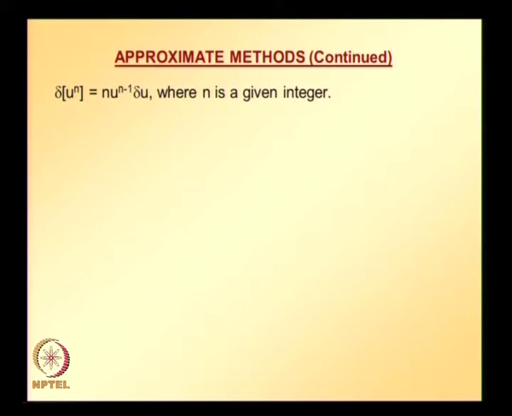And some more identities: the variation of u power n is n times u power n minus 1 times the variation of u, where n is an integer. The variation of u plus v is the variation of u plus the variation of v. And for the variation of x times u, x is not a function of any of the parameters, so the variation operator is going to operate only on u. So, x times u,